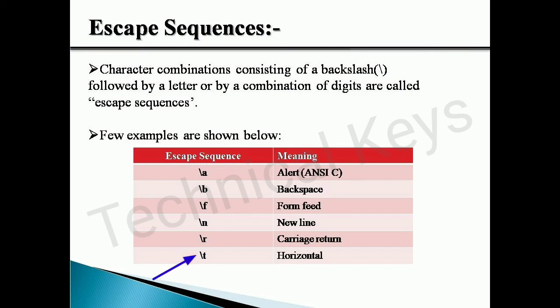And backslash t is a horizontal tab. There is a difference between a space and a tab. If I want to give a big space during my printing part, or during displaying my output, I will use a backslash t. All these are mostly used for formatting purposes in your C programming. Whenever you want your output to be displayed in a good manner, you mostly use backslash n and backslash r. Or rather, you will use these escape sequences in your every program starting from now.